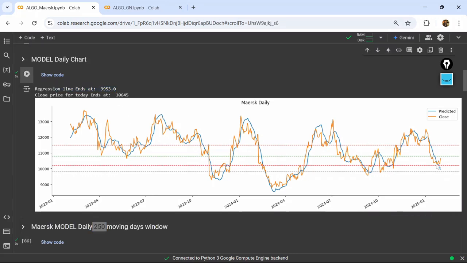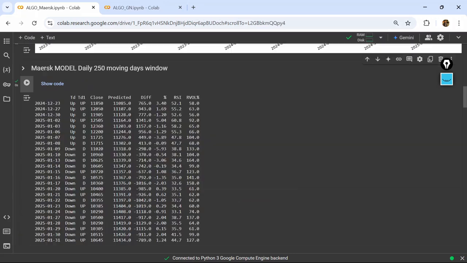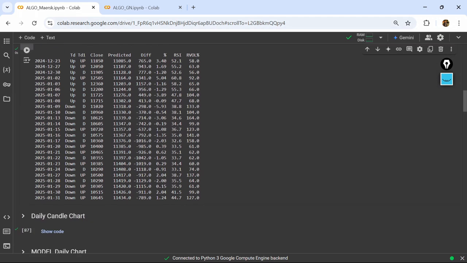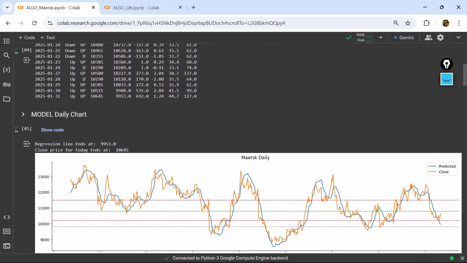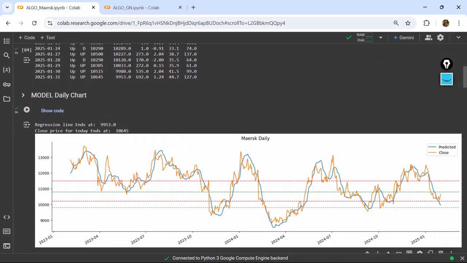So at 25 days, you can see here it is almost a downtrend. But if we take all these 250 days, you can see we have ups and downs. That's why the value for 250 days is larger than for 25 days, because this test data is large. We have a large window of 250 days, and that's why we have the difference. So friends, I hope you understand why we have this smaller regression value.